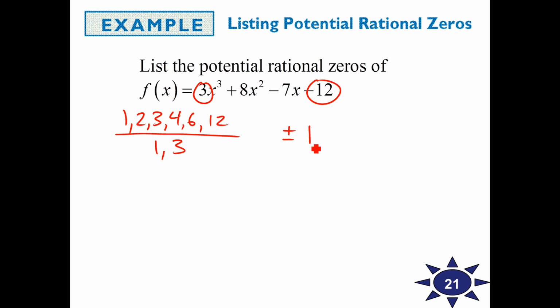1 divided by 1 is 1. 2 divided by 1. 3 divided by 1. 4 divided by 1. 6 divided by 1. And 12 divided by 1. And then all of these divided by 3. So 1/3,